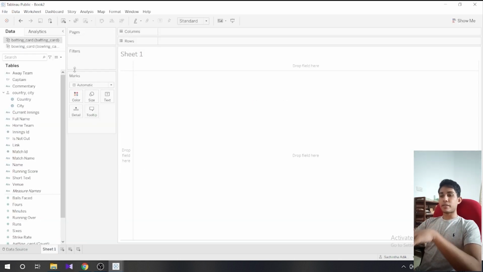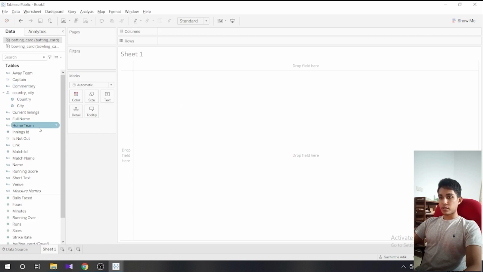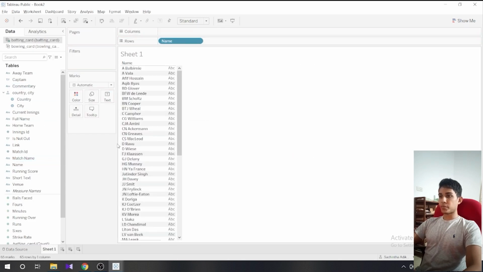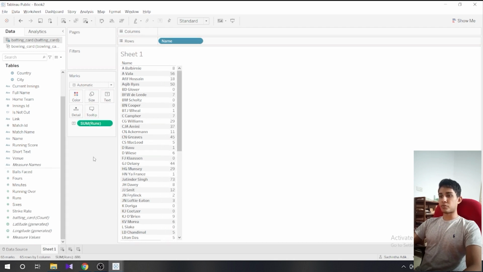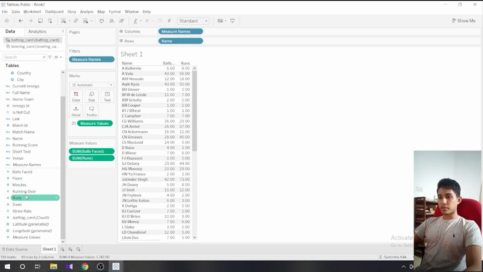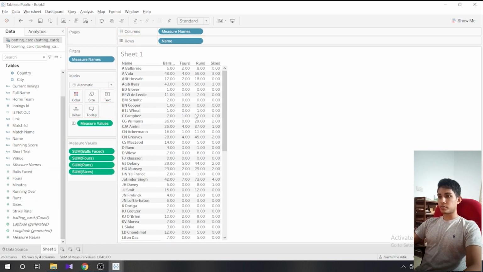First of all, we'll make the batting card. So as per our final vision, we have a table and a pie chart for batsmen. So first we'll make the table. So we'll take the name here. So this is generally a batting scorecard. In a scorecard you have all the typical numbers for a batsman, the runs, the number of balls faced, fours, sixes. So just drag and drop onto the panel here, and next what we need is the strike rate,